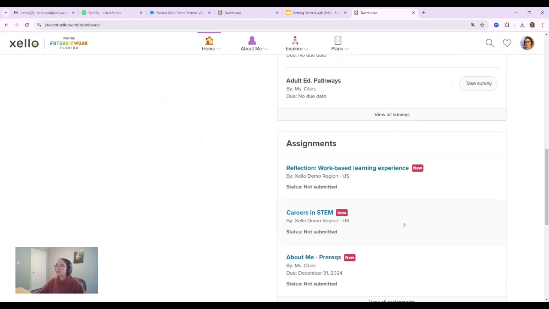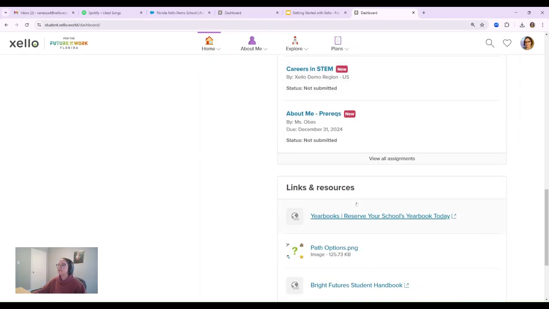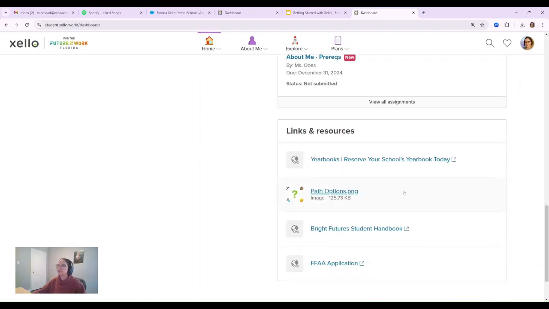So the assignments are what your instructor would put on there for something that they want you to complete or do. You'll have a due date on here if you've submitted it or not. And that'll only show up on your dashboard that you have an assignment. And then further down, we also have our links and resources. These are special links or resources that your instructor or your school wants you to take a look at. So for example, this Bright Future Student Handbook, this is how to apply to that Bright Future Scholarship to see